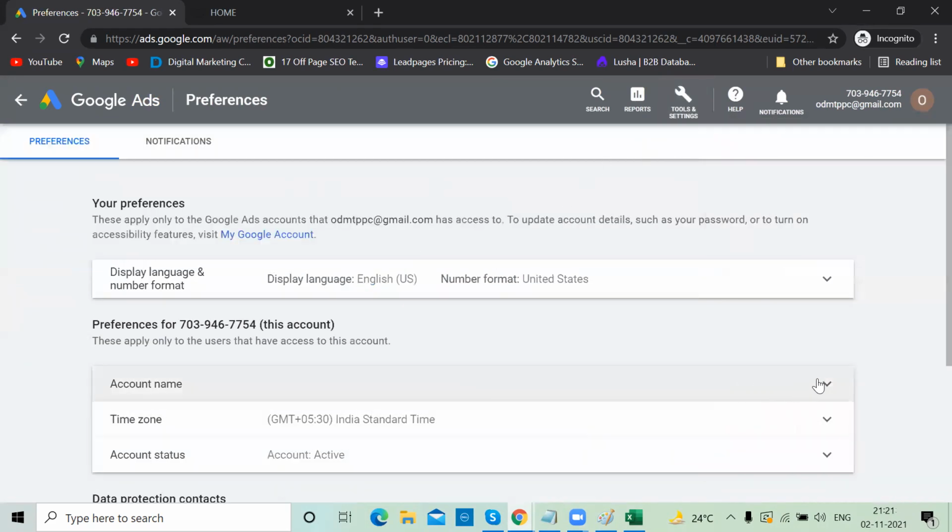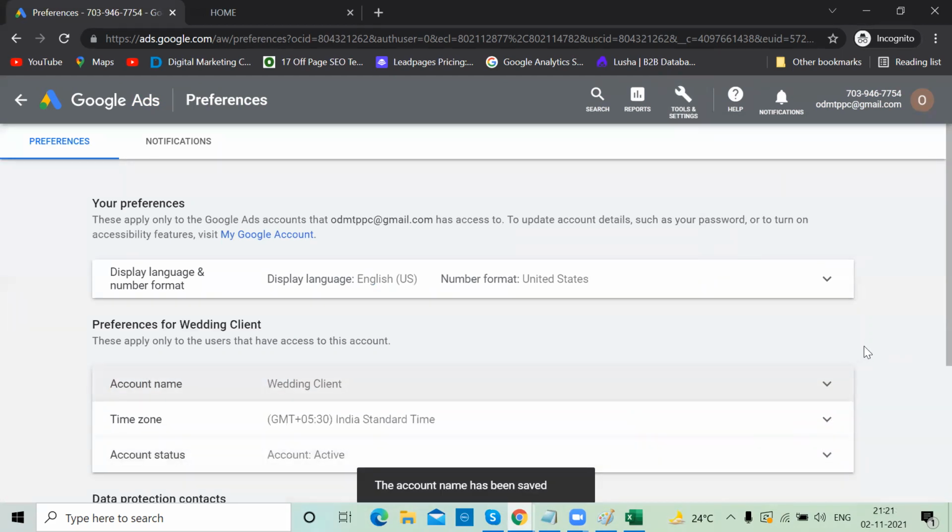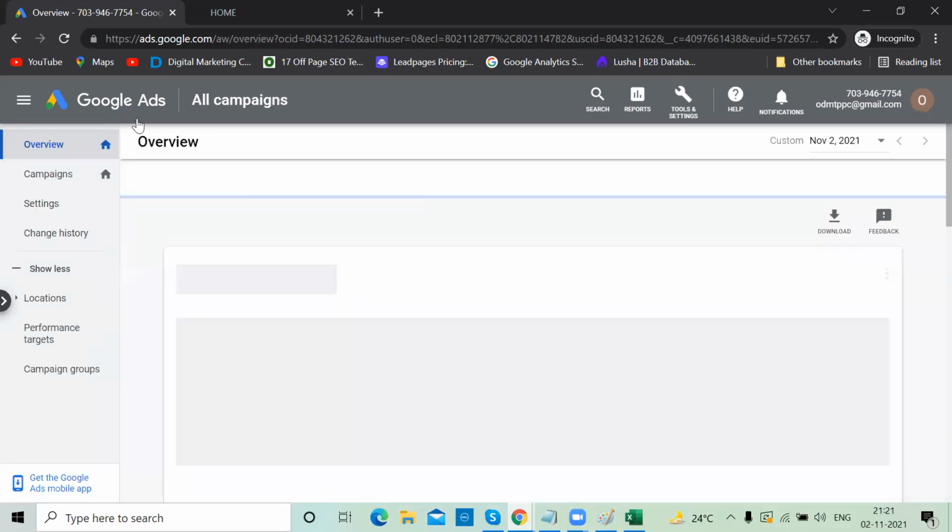Sir, I have a doubt too. For example, we create a campaign in the Indian client. Then can we move this one to another account, like the USA client?